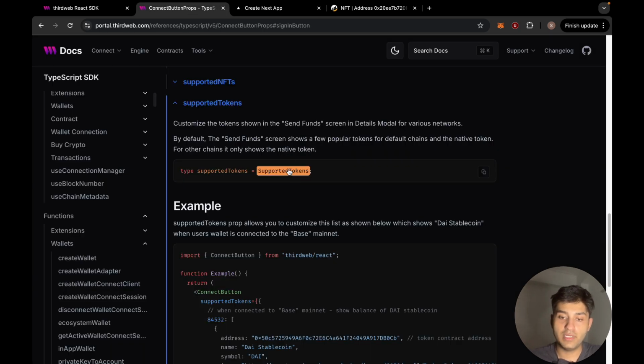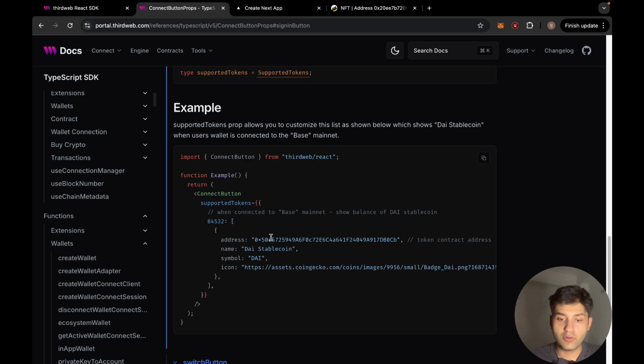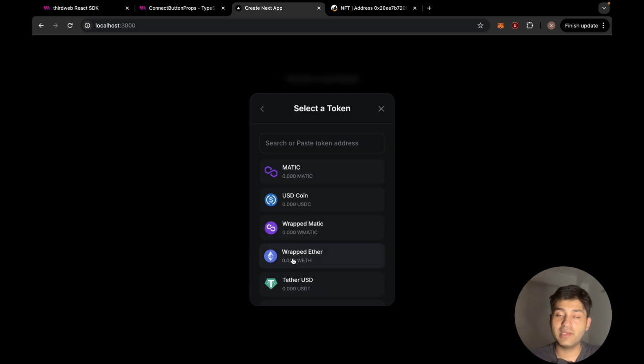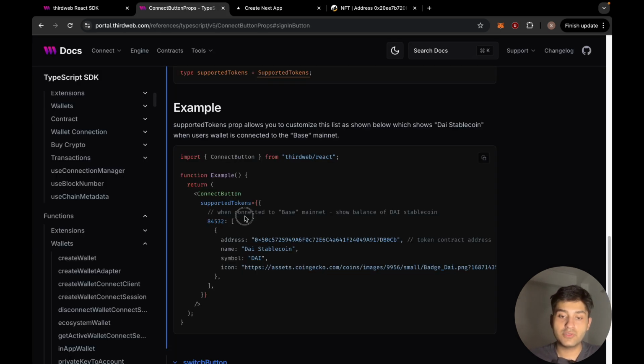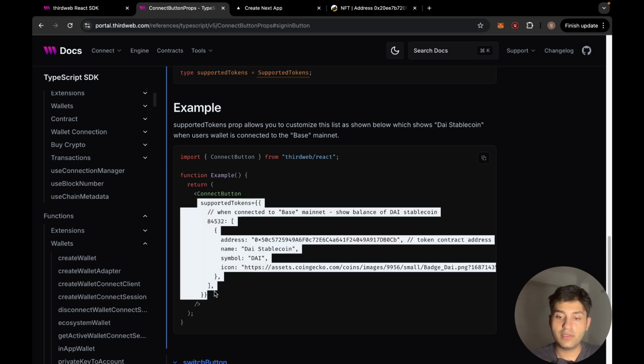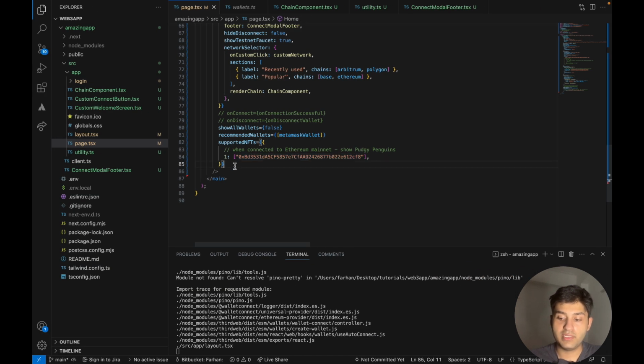So for example, over here we are again using the chain ID of a particular chain, and we are specifying that if the user is connected to this particular chain ID, which in this case is Base mainnet, then we are going to add this particular token to the list of tokens that are displayed over here. So let's go ahead and copy this as well,